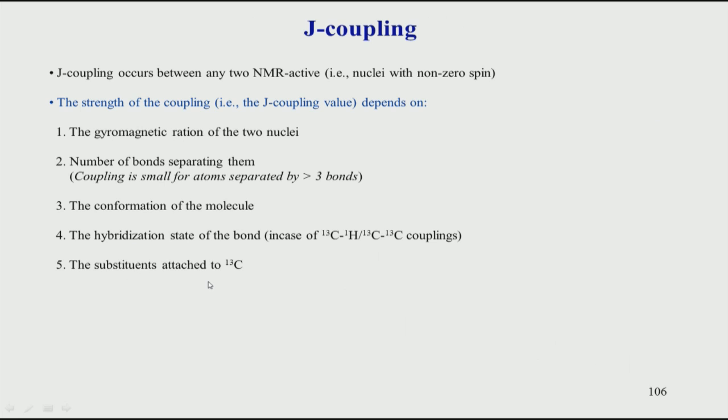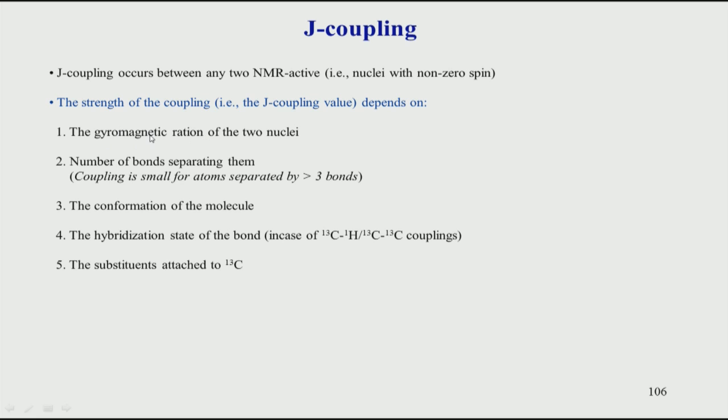So, we do not see them in the spectrum. J coupling depends on many factors, just like we saw in the case of chemical shifts, and a few of those factors are listed here. Of course, it is not straightforward to calculate J coupling in any particular molecule. There are a lot of software programs and some electronic calculations have to be done, but nevertheless some basic rules of thumb are there.